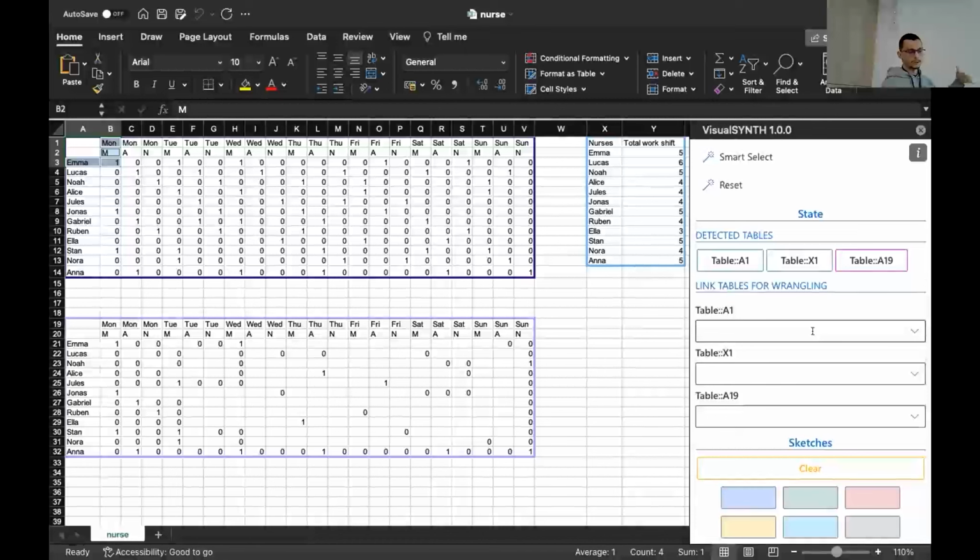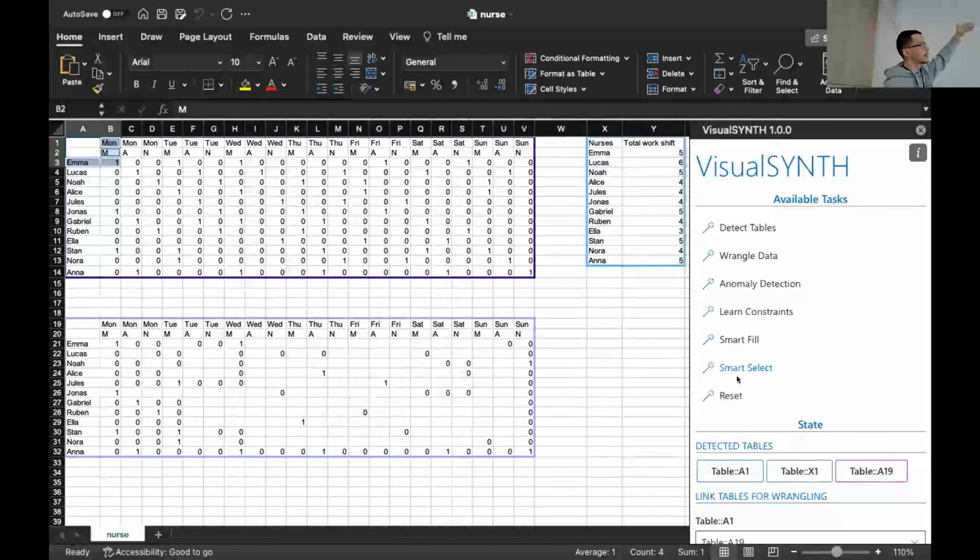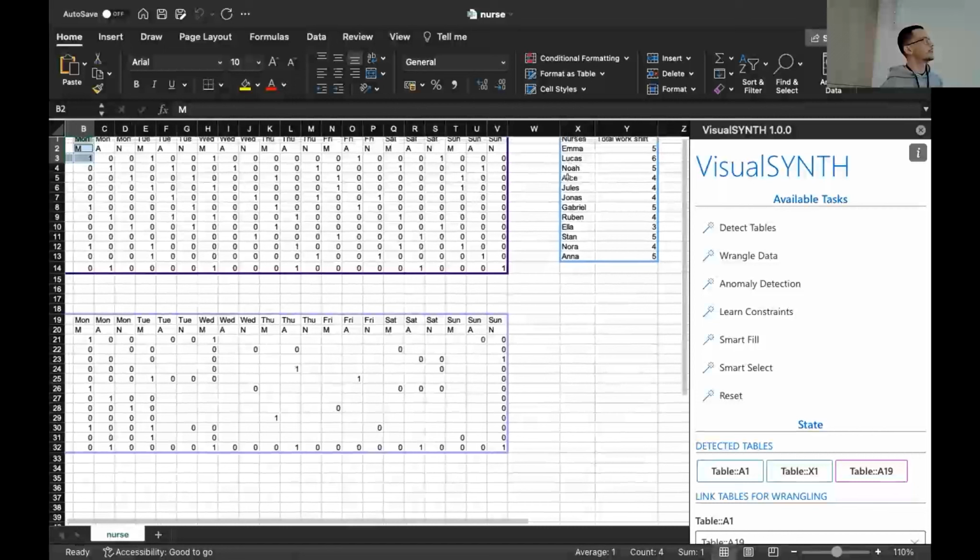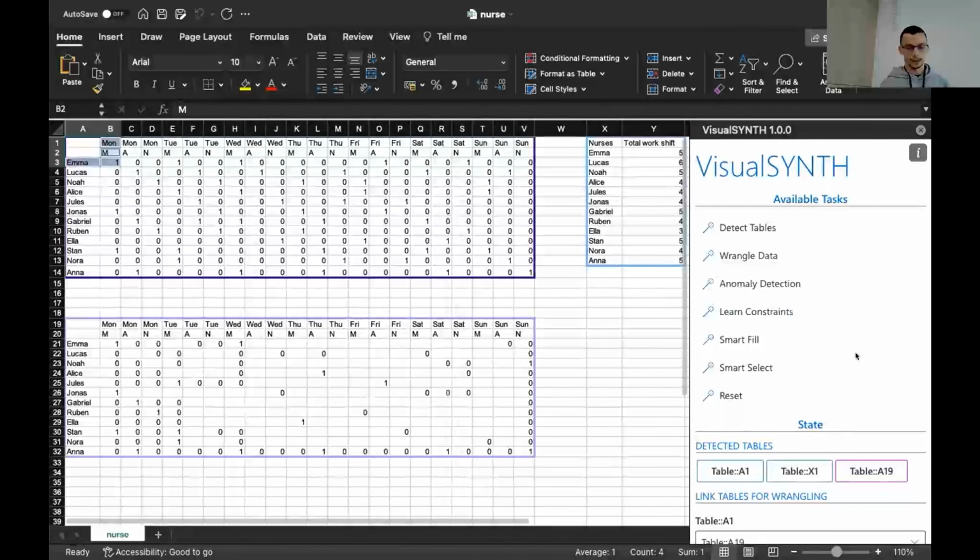Since we have the bottom table also designed and formatted like the one on the top, we can link the table A1, the table on the top, with the table starting at the cell A19. What this means is that whatever program, whatever transformation you do over the table on the top, just do that on the table on the bottom. So these two are linked. And on the right, we don't have to do anything with the table since it is already in an attribute value format.